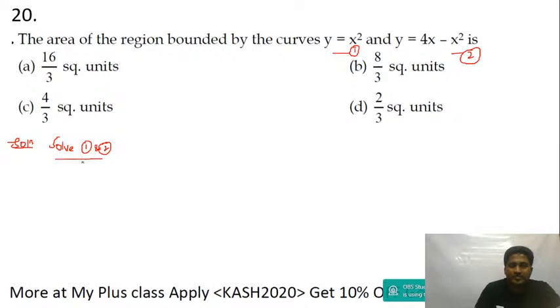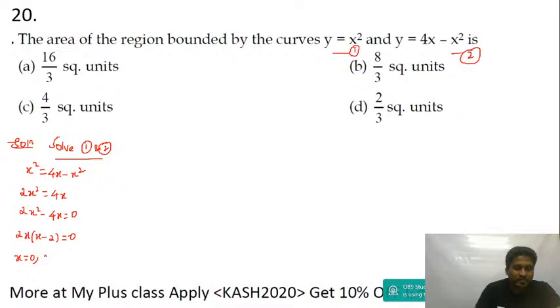Okay, if I equate these two, you will get x square is equal to 4x minus x square. You shift on the left side, you get 2x square is equal to 4x. So 2x square minus 4x is equal to 0. Take 2x common, you get x minus 2 is equal to 0. So you get x is equal to 0 and x is equal to 2. If x is equal to 0, y equal to 0. If x is equal to 2, y is equal to 4. So points of intersection will be 0, 0 and